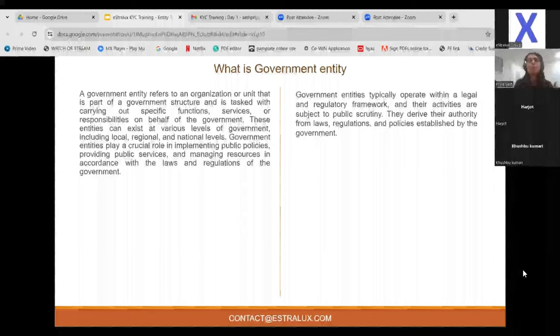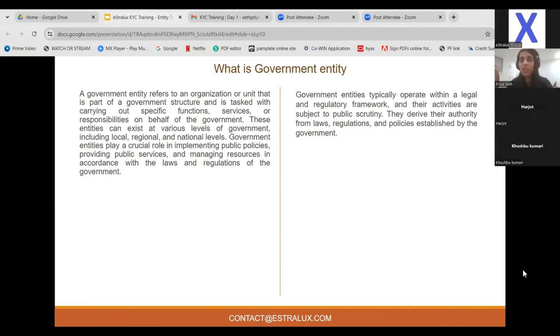A major example is Indian Railways. They are regulated by a body. No private person can come into the picture to make any rules or regulations. It is a whole government thing, so you don't have to worry so much. But yes, a government entity will always mostly have a government website, like .gov. So if you see that website for a company, it is a government entity, because they always have that.